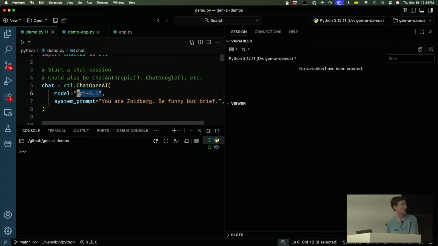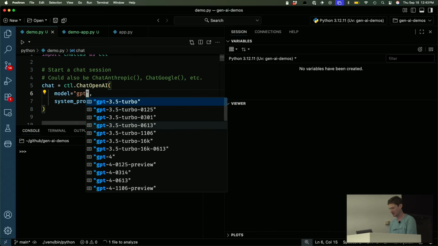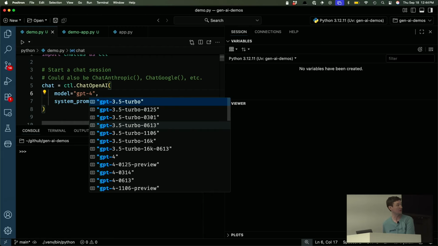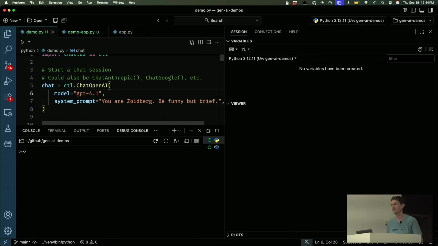One nice thing about chatlas is that some of these providers will provide type hints in terms of what models are available to you. I don't know if you've ever done this before, but it's kind of a nightmare trying to figure out the right incantation for what model I'm trying to use. So this is a nice developer experience: if I know I'm looking for 4.1, I can be confident that I have the right